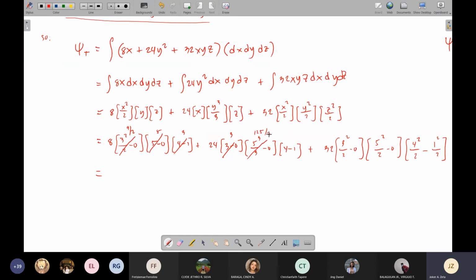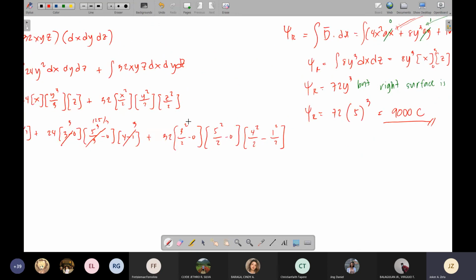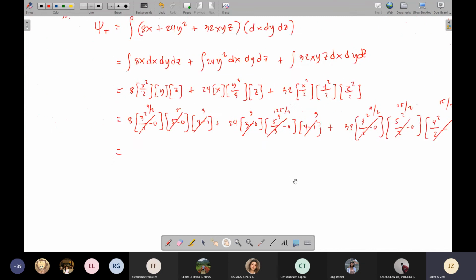Then this is 3. Then this one becomes 9 halves, times 25 over 2, times 16 halves minus 1 half, so 15 over 2. Okay, so the answer is